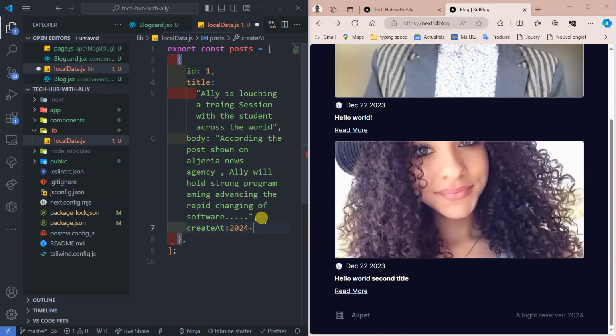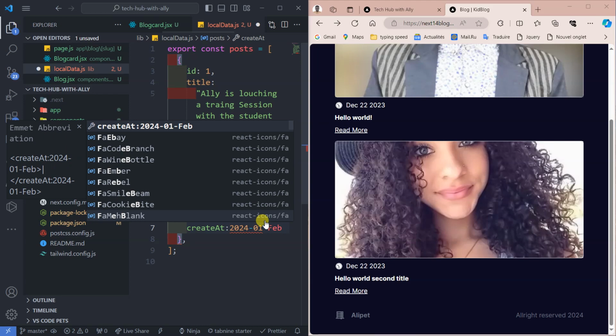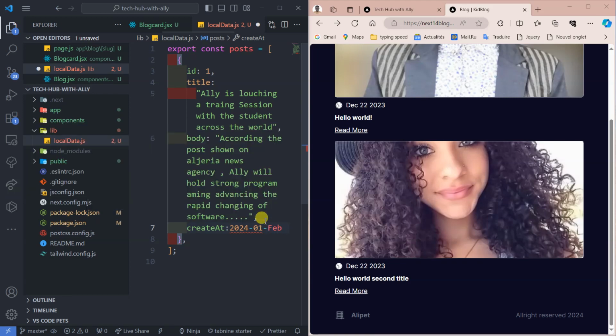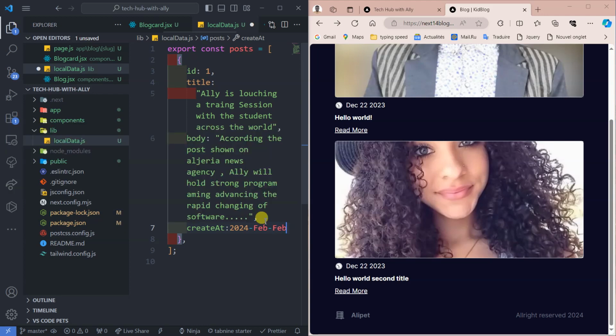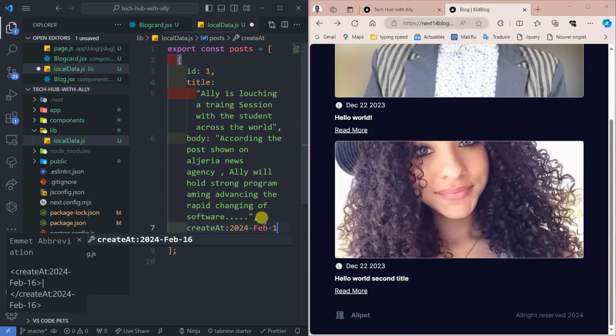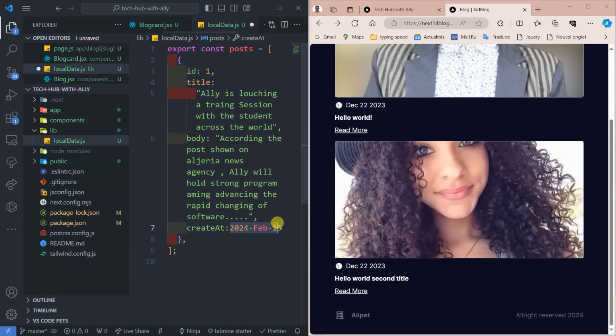2024, January is going to be 01, and then the month is February. Feb, or you can just type in this format, February, and then the date. The date is 16 or 15, it depends, but it has to be